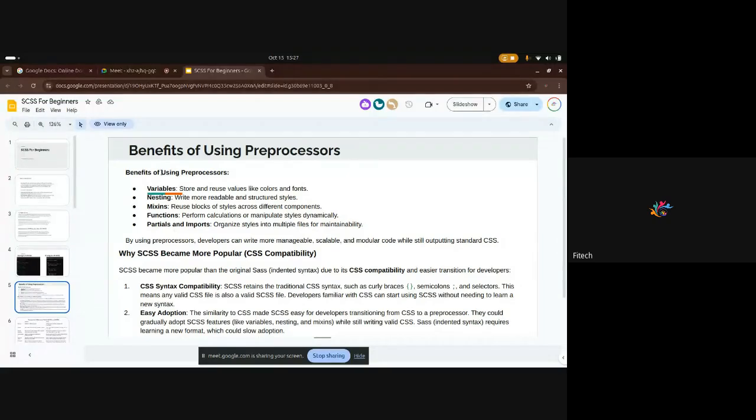And then you also have functions. Functions can perform calculations or manipulate styles dynamically. So that's basically what functions are. We'll still talk about that. And then there are partials and imports. Partials and imports help you to organize styles into multiple files for